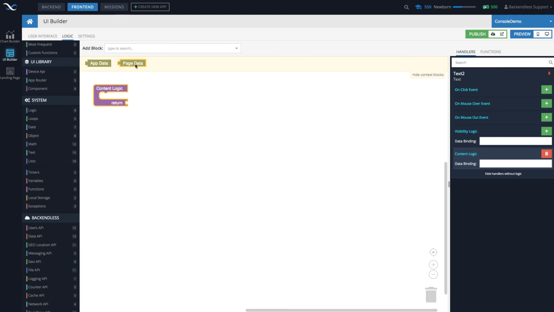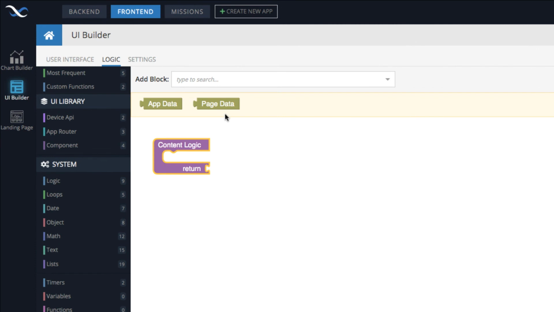Notice that in this case, we have a reference to page data. And page data is our container for the data model. Let's use that to calculate x plus y. If we go into math, select this block, drag it into here, and then we need to extract the value of the property x from page data.